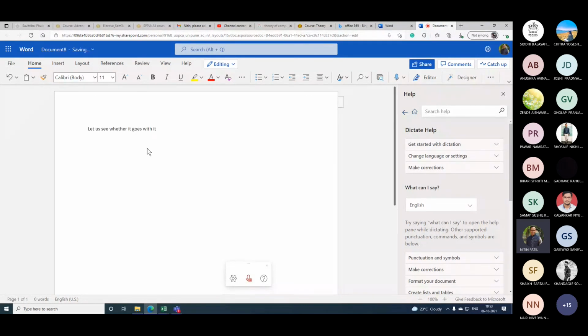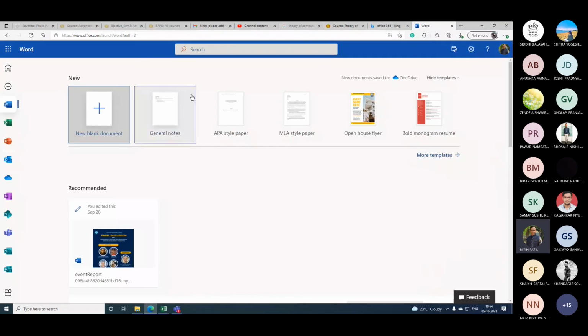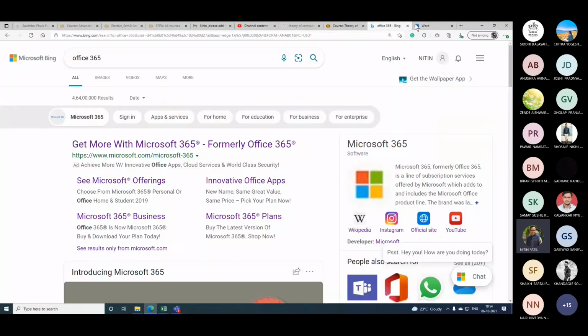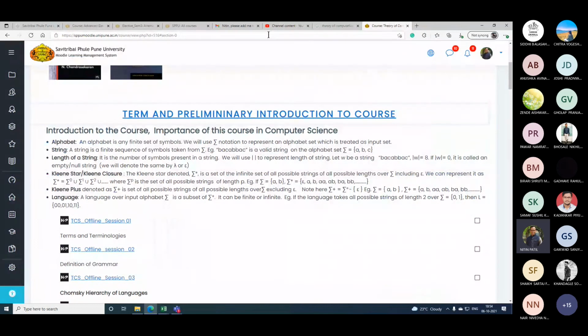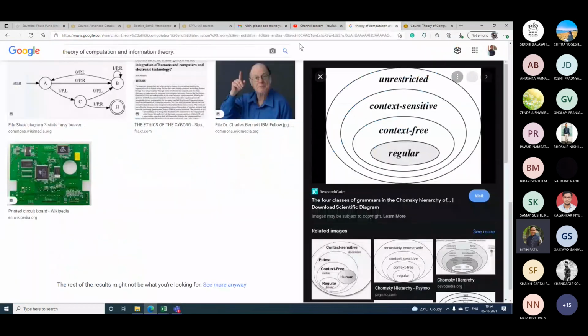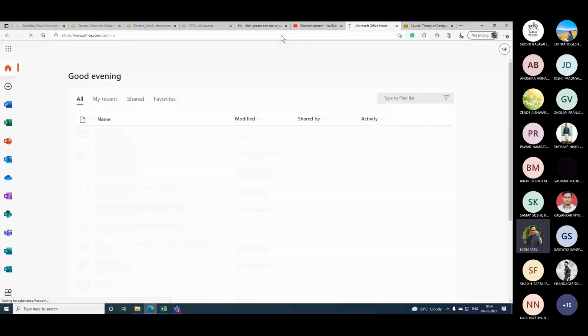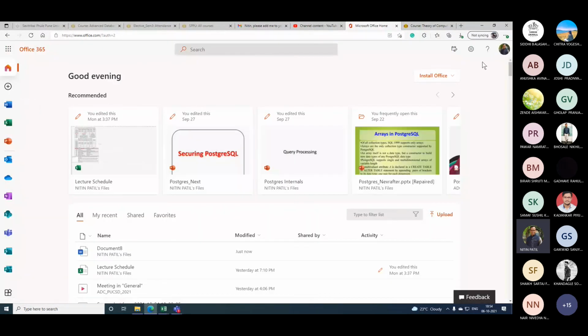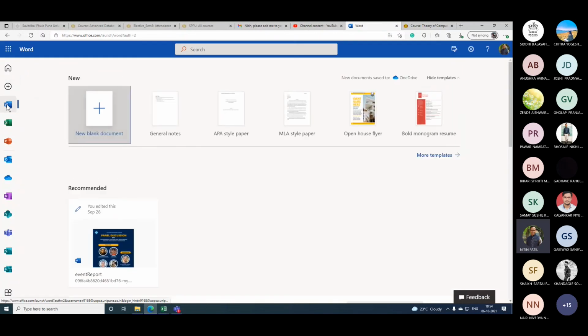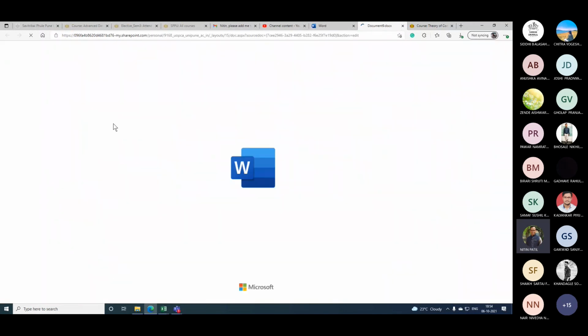You must have seen that whatever I'm speaking is visible there, correct? So if you open office.com, do this for a while. You open office.com with your team account, you do have that access. Go here towards the left. Definitely it will require your login. Go here, pick a blank document.